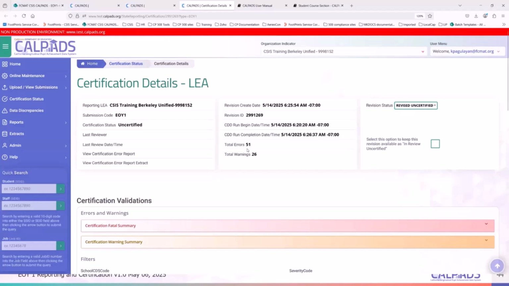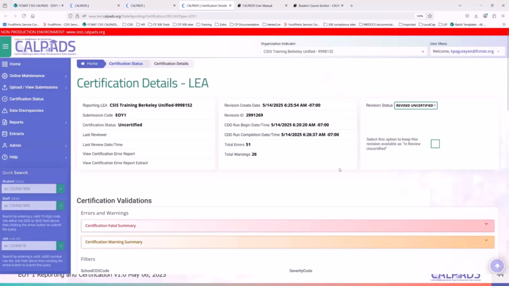So let's say you brought your errors down to zero and you are waiting for confirmation from your data stewards that the reports are correct. By all means, you could check this box in review, and that would freeze this version, this revision ID. So any reports associated to this that you marked in review will be frozen pending the approval of those data stewards. Okay, you do that once you bring your errors down to zero.